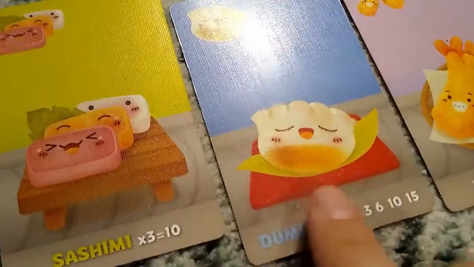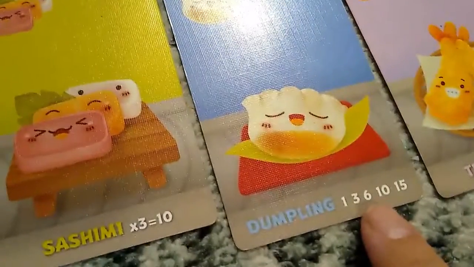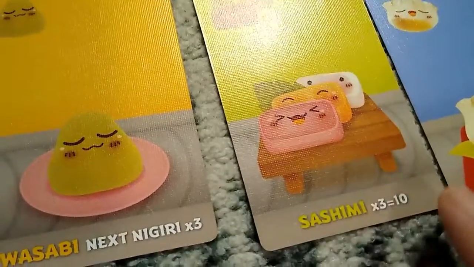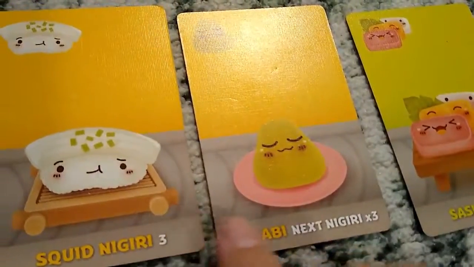For the dumplings, it's kind of an exponential thing. So if you have 1, you get 1 point, 2 is 3, 3 is 6, and so on. For sashimi, you have to have 3 of these in order to get 10 points. Wasabi is a booster. So on any